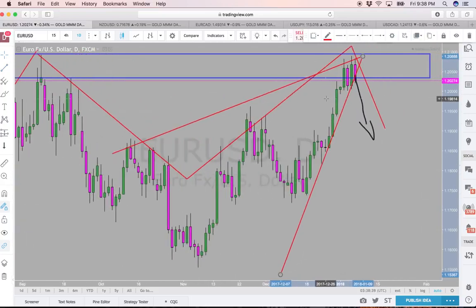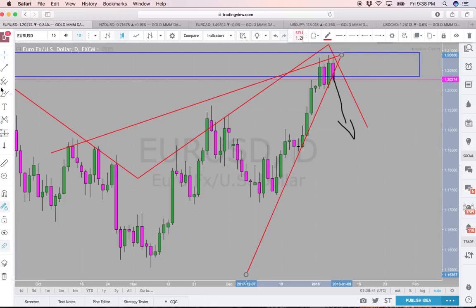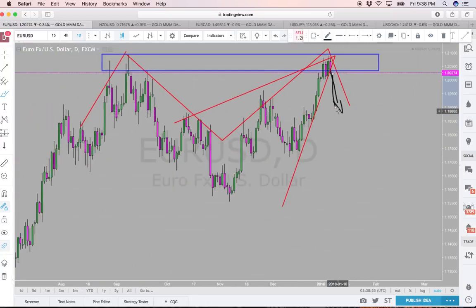But if the next daily candlestick actually comes down and shifts the zone, I would say below 1.195, we should have a confirmation that the Euro USD will continue to go down to at least, I would say, 1.175